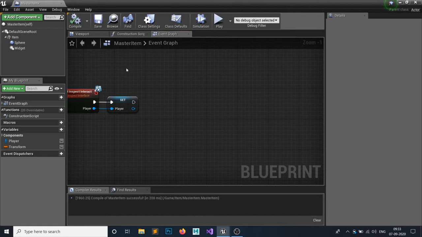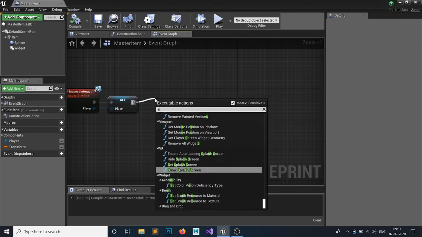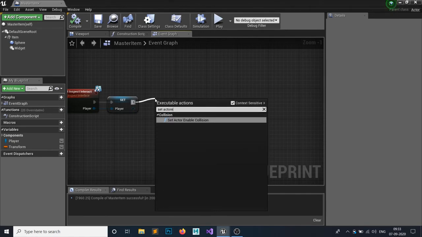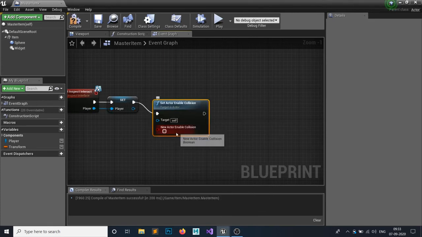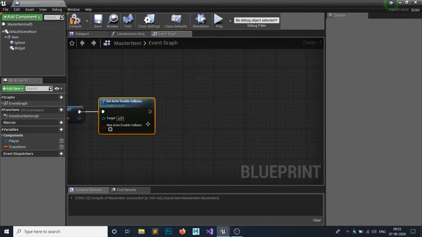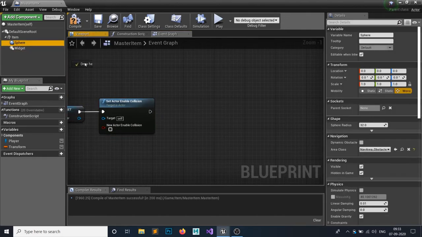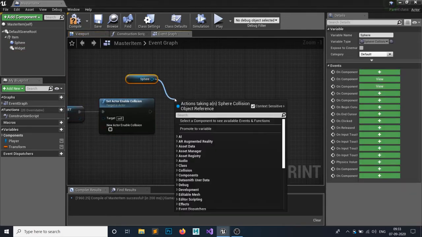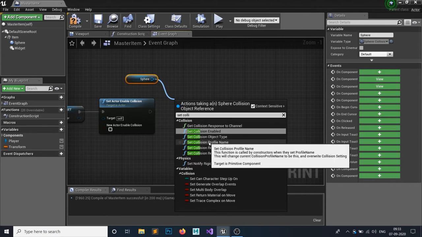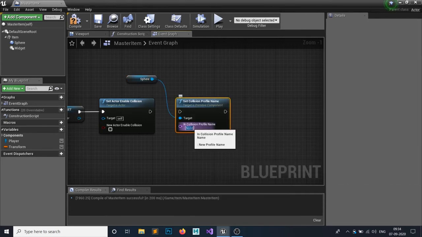So compile and save, and in here let's drag a node from here and set actor enable collision to false. Make sure it's unticked. After unticking, grab this sphere and set its collision to no collision. So set collision profile name, and just type no collision.